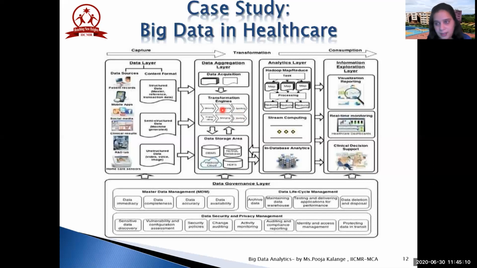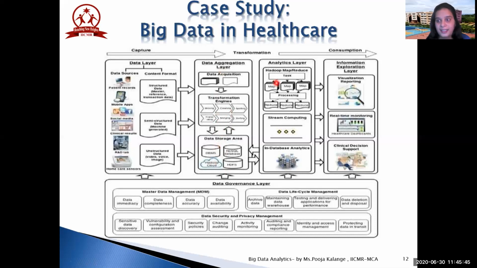So these algorithms will be applied in the transformation part. And whenever this transformation is going on, the data would be taken from the NoSQL databases. It could be taken from a database management system. It could be taken from a Hadoop distributed file system or a Hadoop cloud. So there will be a bidirectional flow of information between this data and transformation. So a basic ETL operation, which I've already studied in advanced database, that is extract, transformation and loading of data, will be done at this side. Okay, so this comes into the data aggregation layer.